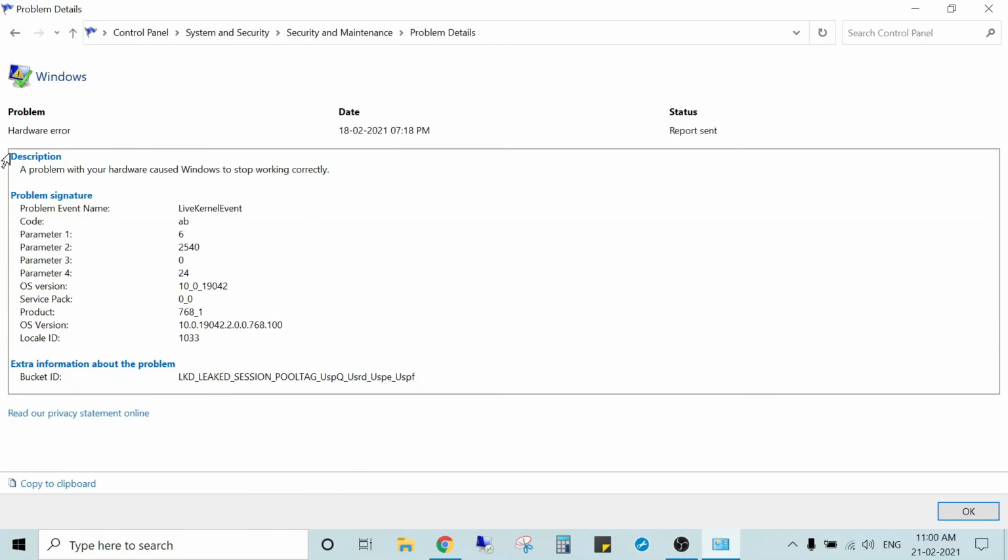Once I double click on that, it will show you a problem with your hardware caused Windows to stop working correctly. So this is the critical thing, and problem events are shown below, like what the details are. I'm not proficient in this, but I'm just showing you what things are given here. That's it.